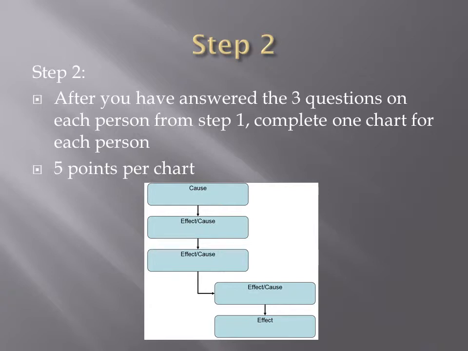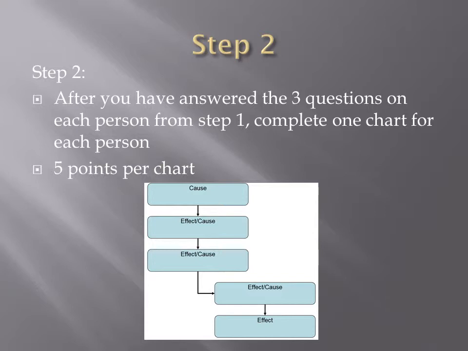And this chart is a look at cause and effect, and it's also a look at kind of a flow, because nothing happens where there's just a cause and effect and that's it. Generally, there's a cause and that has an effect, and then that effect causes something else. So that's what you're going to look at.